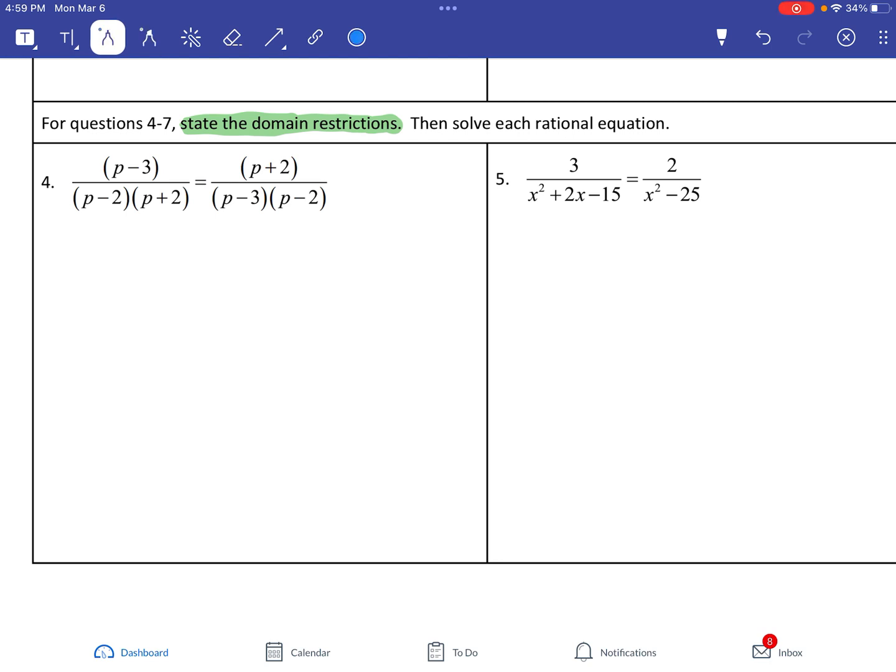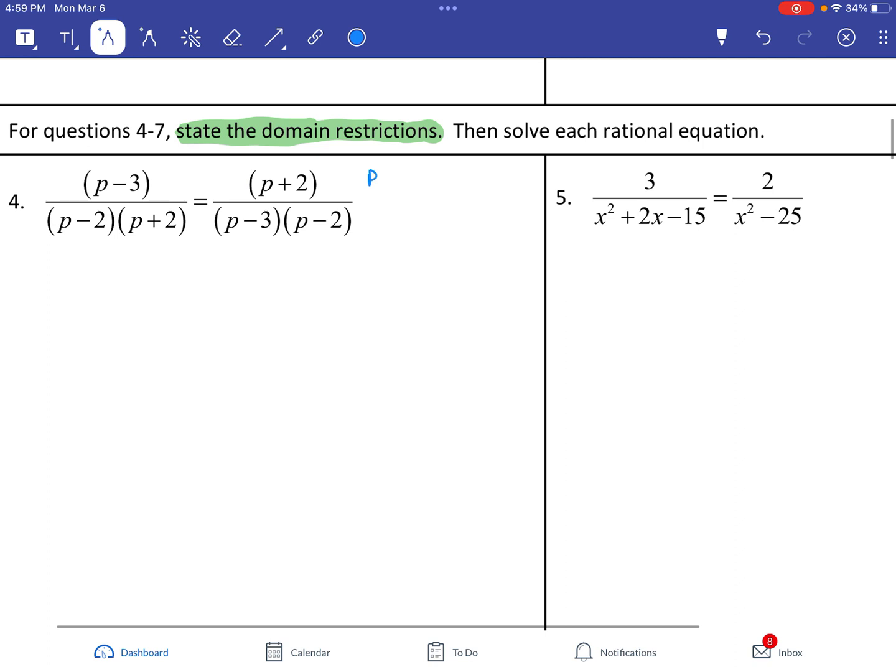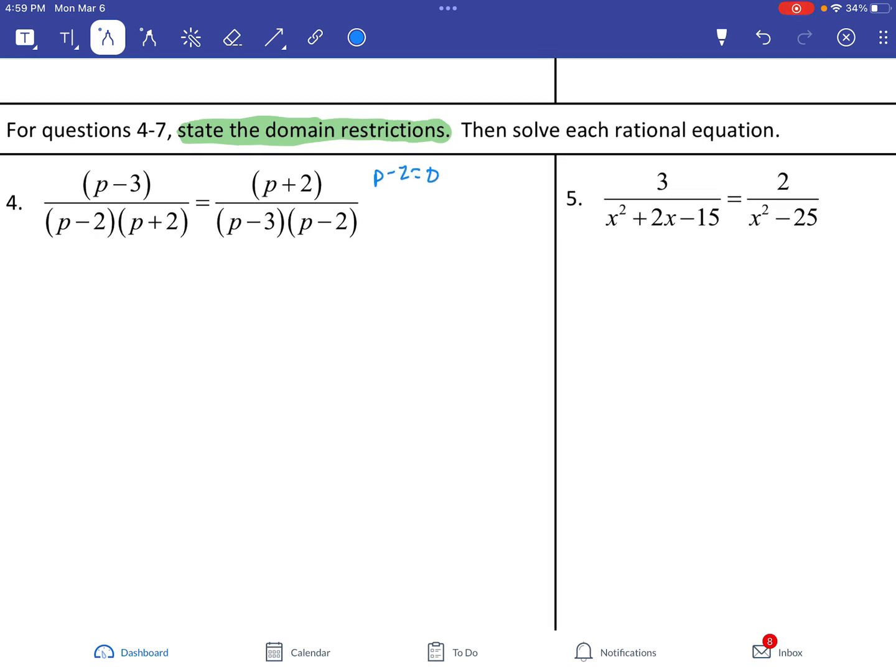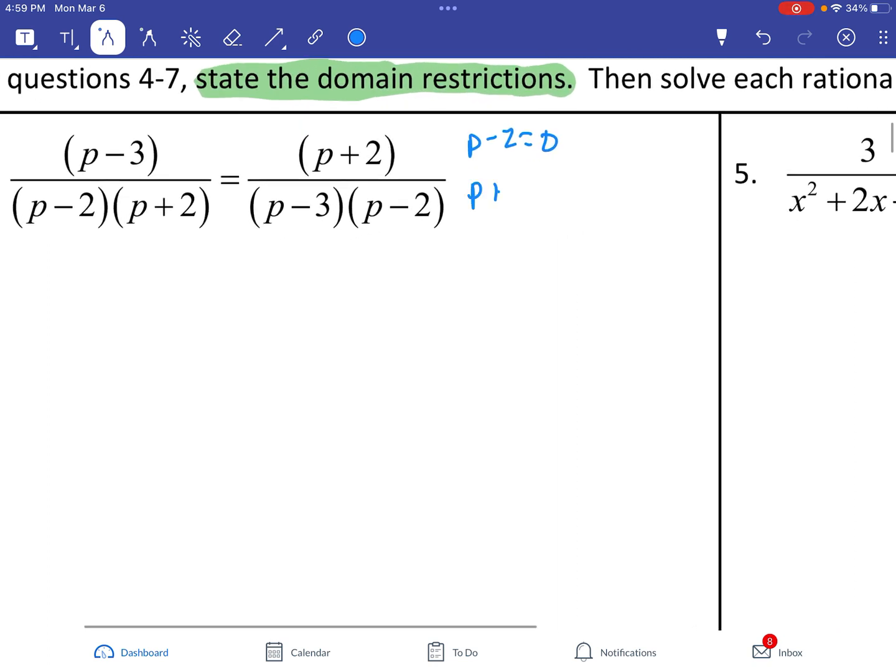Okay, so we're going to take our factors from our denominators. We have p minus 2, set that equal to 0. We have p plus 2, set that equal to 0. And we have p minus 3, set that equal to 0. We don't need to do the other p minus 2 because it's already accounted for in the first one that